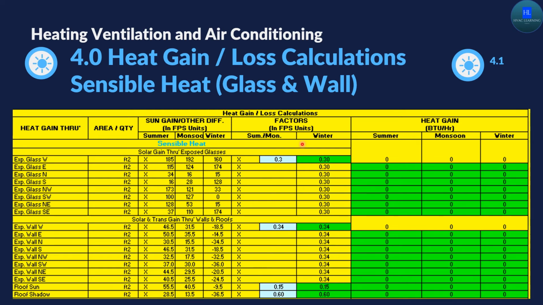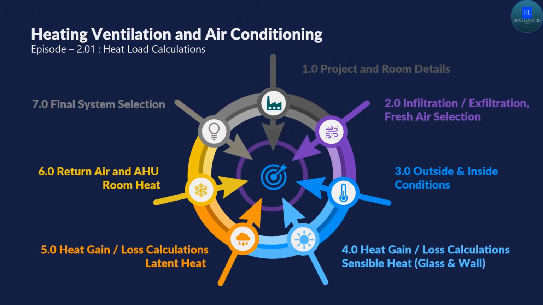So basis considering the factors from the ISHRAE or the ASHRAE guidelines, we can calculate the heat gain in terms of BTU per hour for all the three seasons. So once we are done with section 4.1, let's see in the next slide from where we are going to get the sensible heat then. Now let's move ahead,